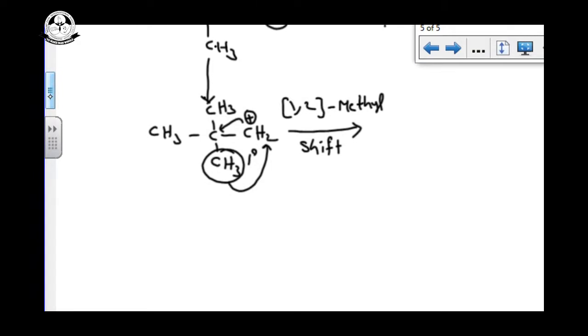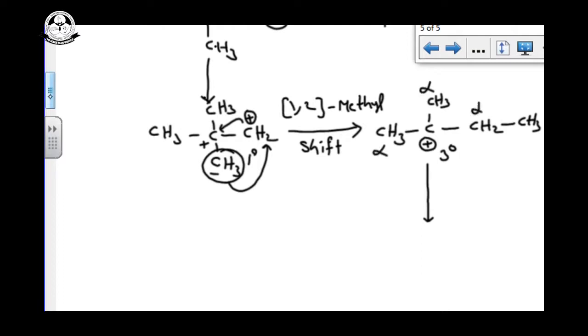See, the shift reaction, CH3. This one, no change. The methyl group down here I gave to this CH2, now I attach it here, CH3. That methyl group is shifted to the first carbon. Now the cation is shifted to here. Why? Because methyl is going out like CH3 minus, so automatically this carbon is plus. Now see this carbon. This is a tertiary carbocation, more stable. Now as per the Saytzeff rule, this is an alpha carbon, this is an alpha carbon, and this is an alpha carbon. Now decide the answer.